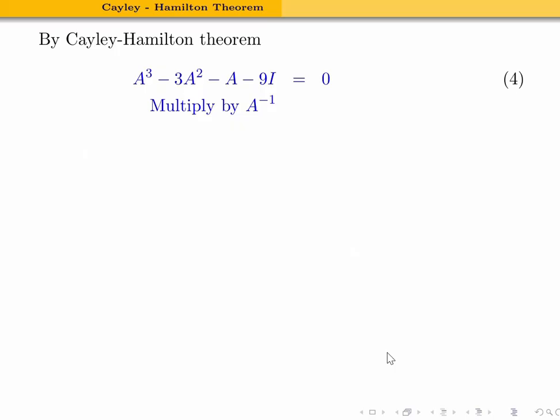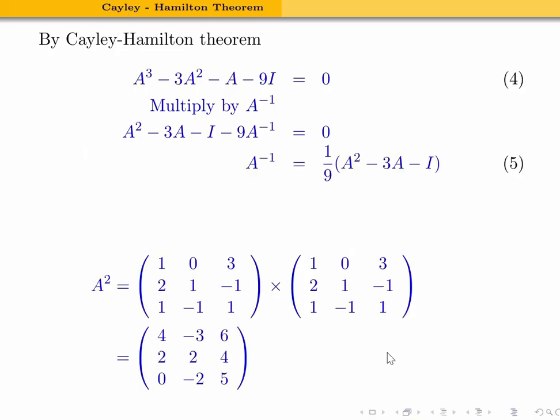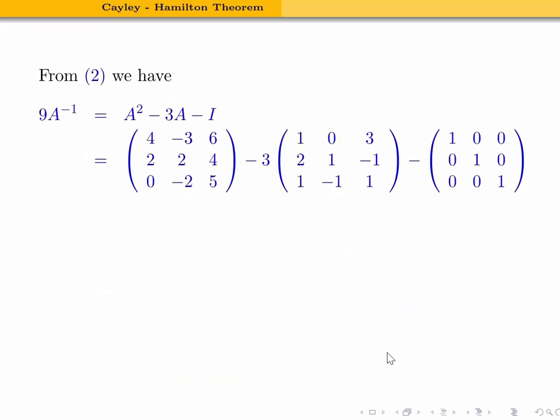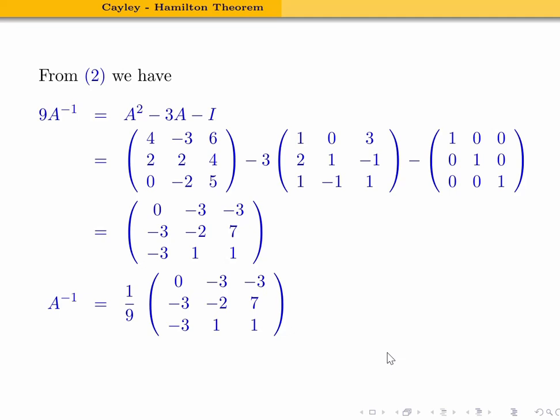Therefore we need to find A inverse. I can multiply A inverse on both the sides, so we will get this. From this keep A inverse on one side, and the remaining terms we bring to the other side, we will get this. So now we need to find A square. So replace A square in equation number 5. So we will get 9 A inverse equal to this, replace A square, A and I. So therefore A inverse is equal to 1 by 9 into